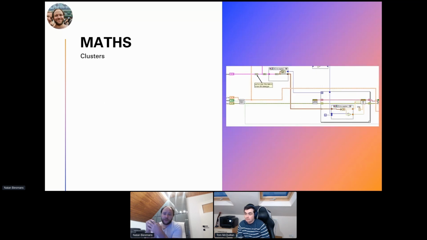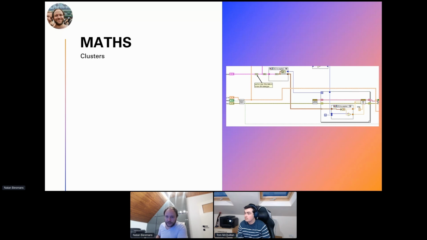Now, next up, we can also use clusters. So as you've seen, I was doing more than counting in that video. I was adding values to that cluster, and based on the amount of values in there, calculations were done, or the counting was done. So this is actually the code in there. So we have data coming in, or our indexes coming in, and I'm just casting them from a cluster to